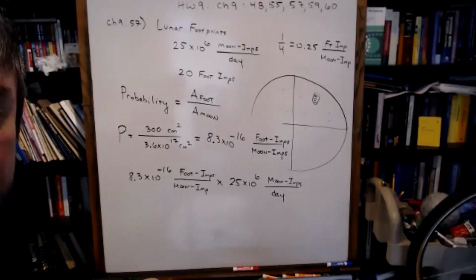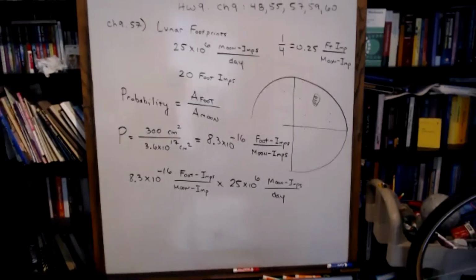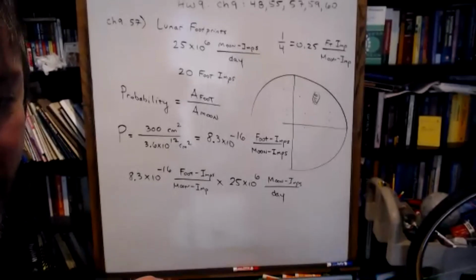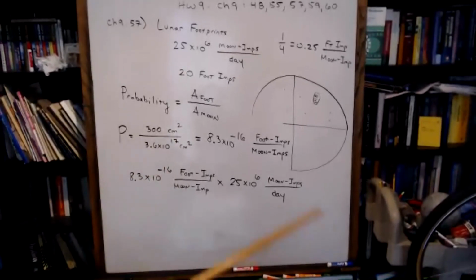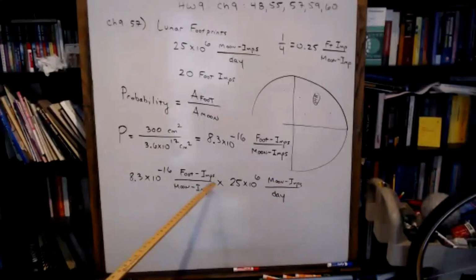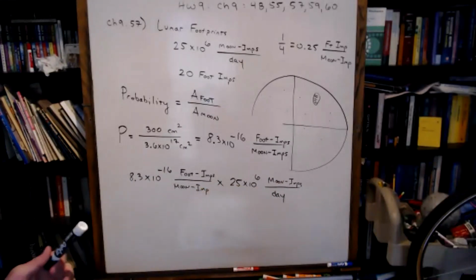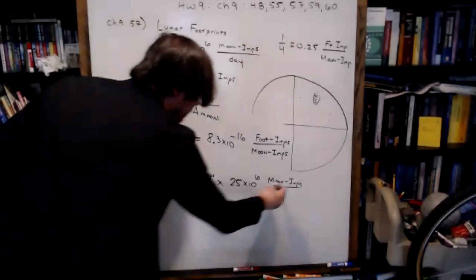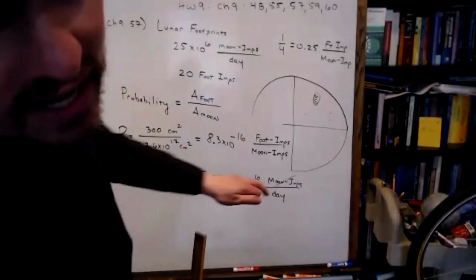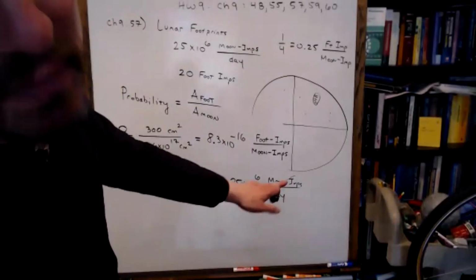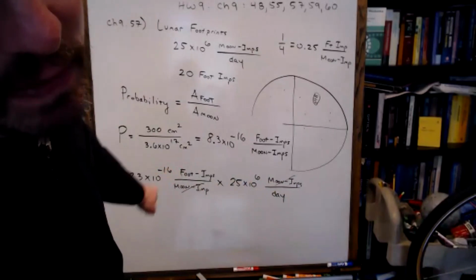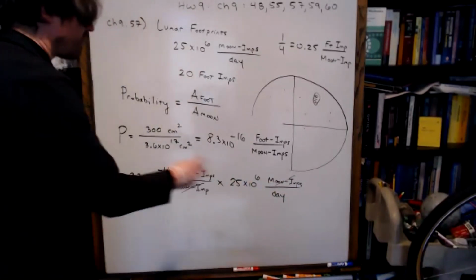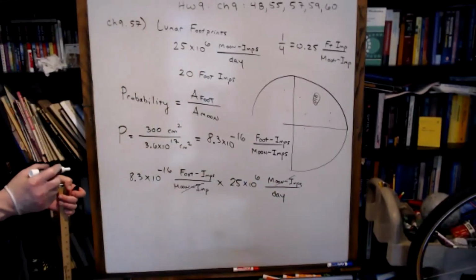Well, is it not foot impacts per moon impacts per day? It is not, because you have moon impacts here as well as there. Okay, so foot impacts per day. That sounds good. That seems to get me closer to my goal, because I don't really care how many micrometeorites hit the moon per day. I want to know how many times per day the foot's getting hit. All right, multiply them up. What do you get?